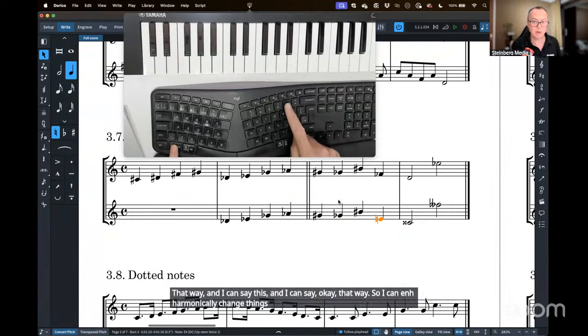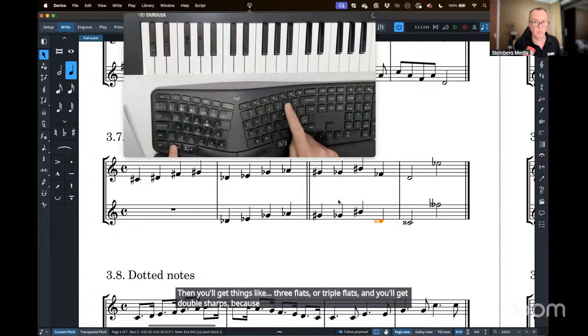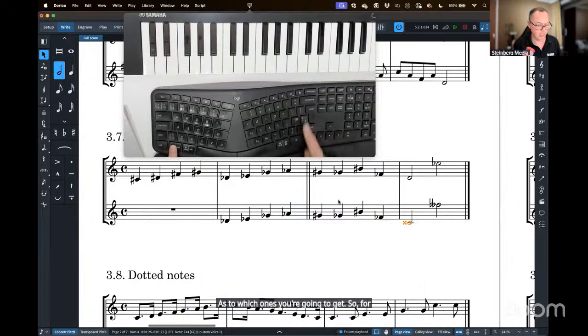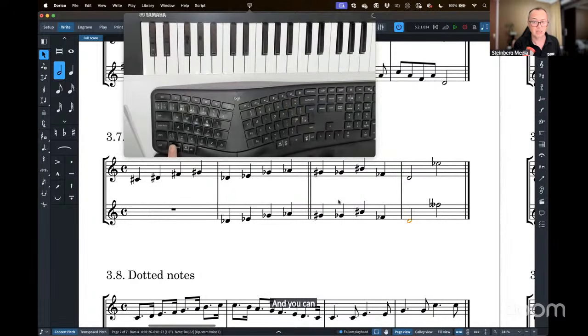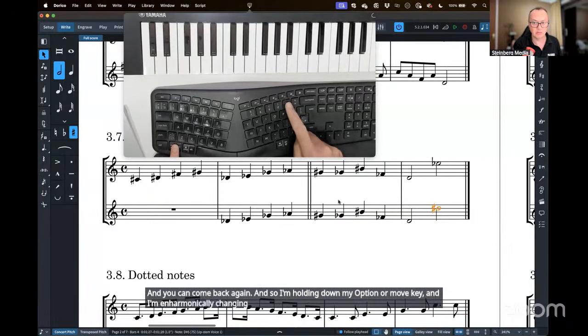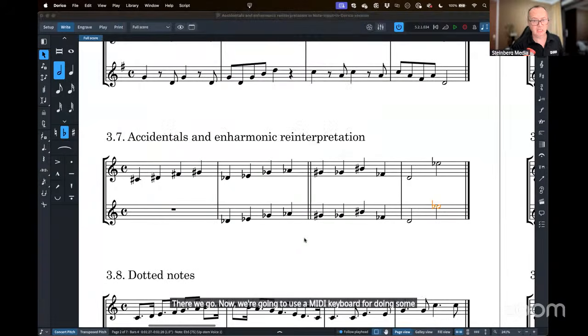Now, if you press this key twice, then you'll get things like triple flats, and you'll get double sharps because it's more than one enharmonic. So it depends how many times you press the key as to which ones you're going to get. So for example, this one here needs to go up to D, but if you go too far, it's an E double flat, and you can come back again. And so I'm holding down my Option or move key, and I'm enharmonically changing these notes. There we go. Now, we're going to use a MIDI keyboard for doing some of that later as well, but